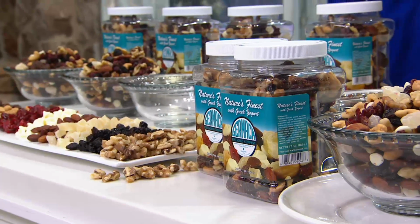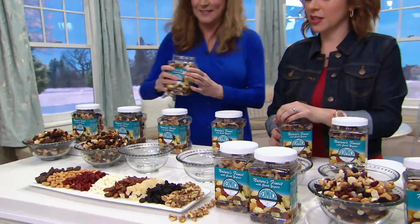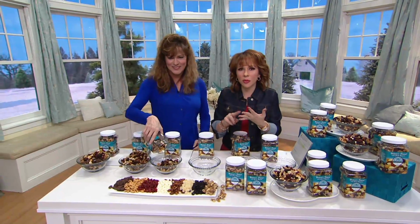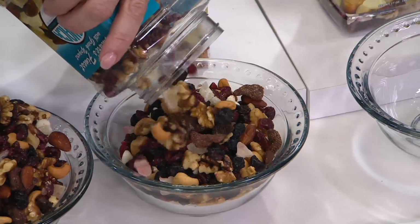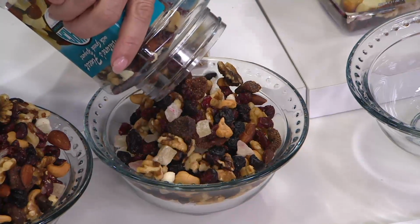They do, and I just know my dad loves mixes from Germack, but this is something he could really sink his teeth into because he loves the variety. And this is what's great. You've got the 3 different nuts in there: the walnuts, the almonds, and the cashews. So you've got that toasty flavor, you have the buttery flavor, you have the crunch from the almonds, and then the fruits are so soft, and we're going from sweet to tangy, and then the creaminess from that Greek yogurt